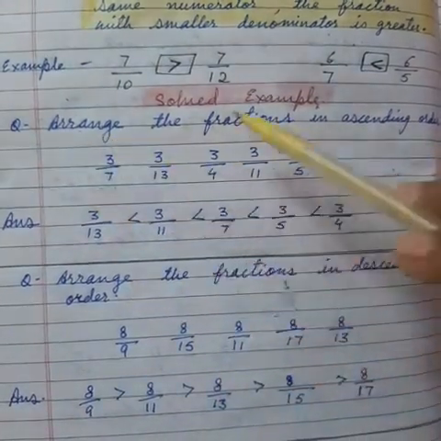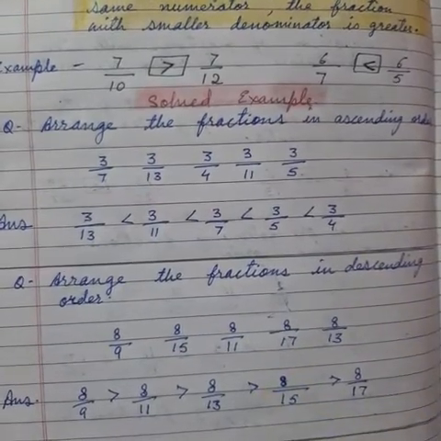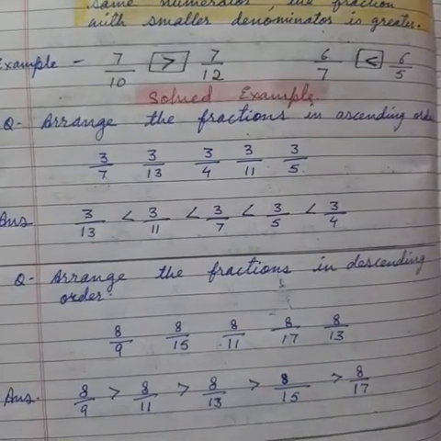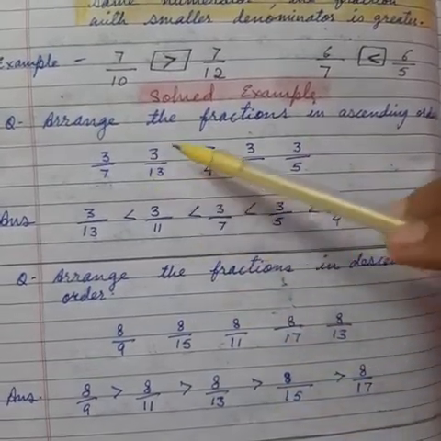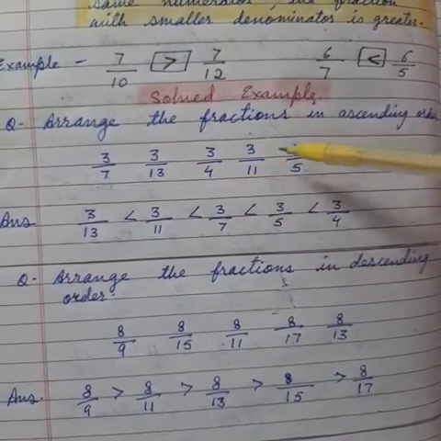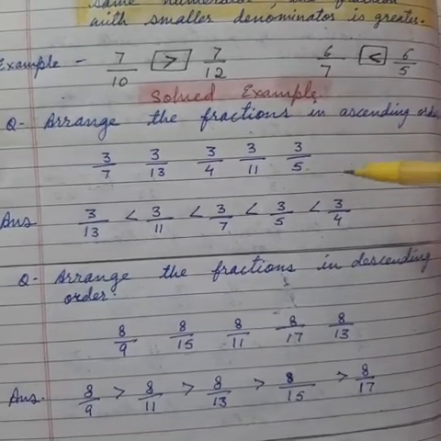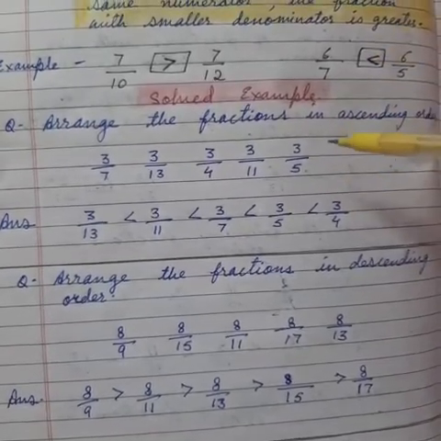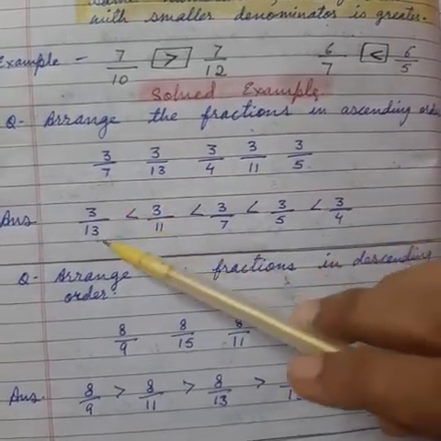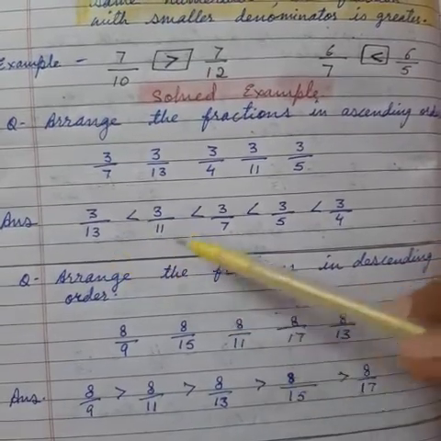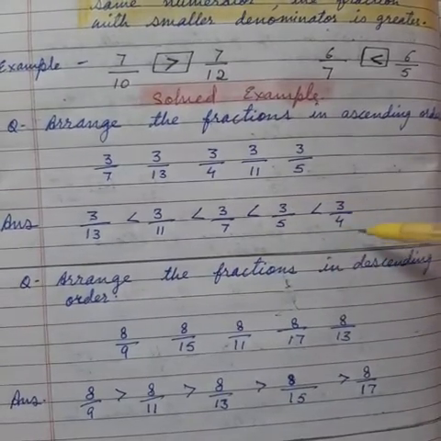Question is, arrange the fractions in ascending order. So again, when we are doing ascending order, we will search for the smallest and move on to the largest. So out of this list, 3 upon 7, 3 upon 13, 3 upon 4, 3 upon 11, 3 upon 5, we have to search for the smallest fraction. And according to the rule, the smaller denominator is a larger fraction. So 3 upon 13 will be the smallest fraction. Then 3 upon 11, 3 upon 7, 3 upon 5, 3 upon 4. So this will be the